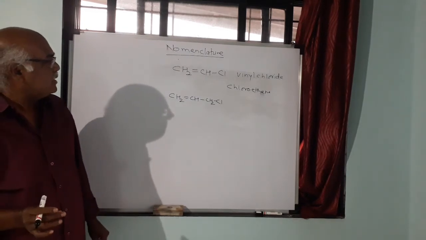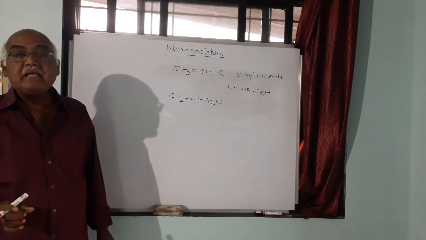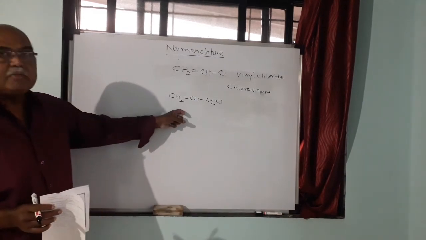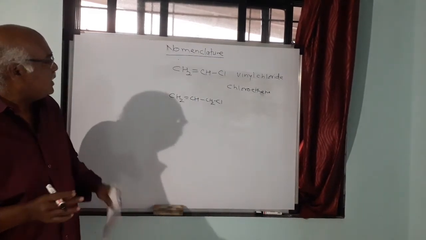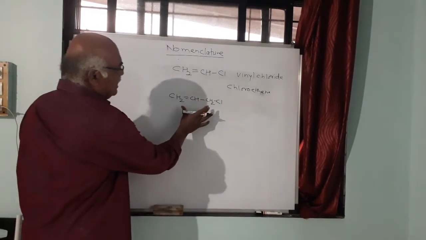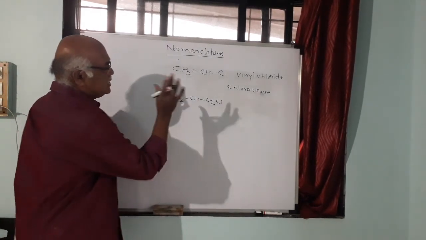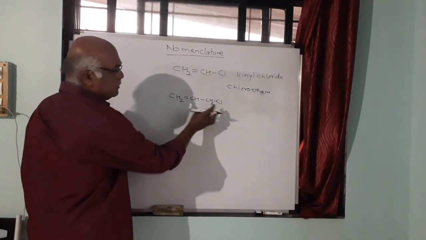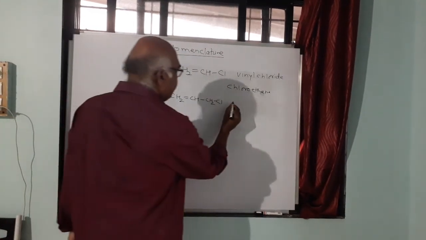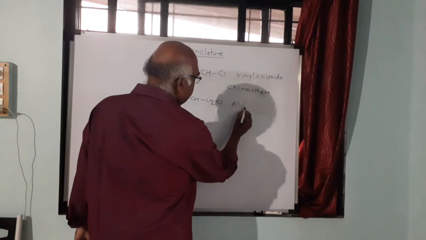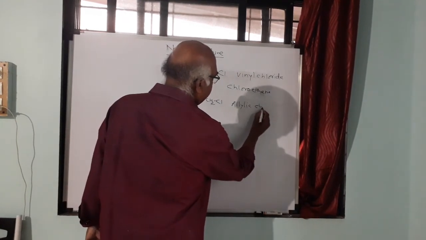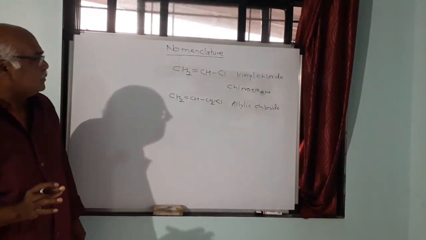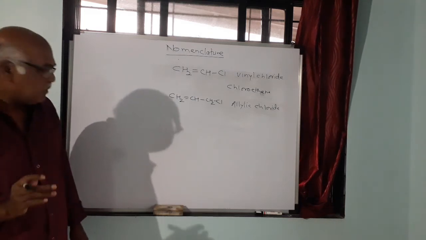Again, in this particular example, this is the example of allylic halide. Okay, allylic halide. Yesterday we have seen what is meant by allylic halide. Now when we write the name of this particular compound in the common system, it is allyl group, and then the hydrogen atom is replaced by chlorine, so this is allylic halide. Allylic, then chloride. Okay, this is allylic chloride.